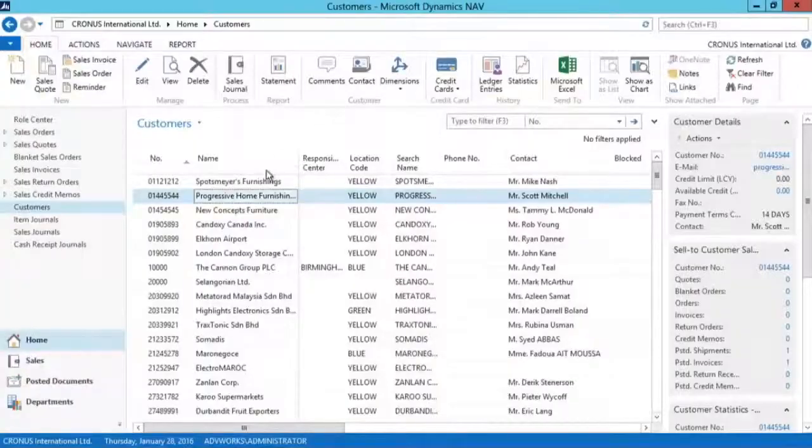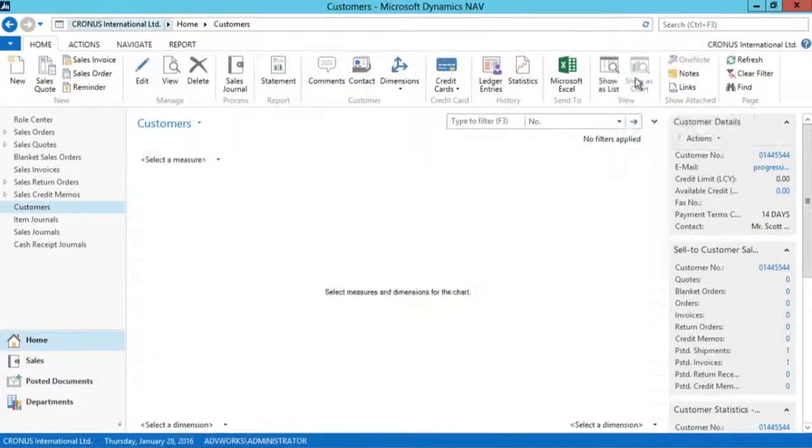In the application, every list page has the possibility to be visualized as a chart. And then in the chart, we can select our dimensions and the values we would like to show. Let's see how we can do this. So if I go to a list page, for example, customers or items or vendors, what you will notice here in the ribbon is the option Show as Chart. If I select it, I will get a chart designer,